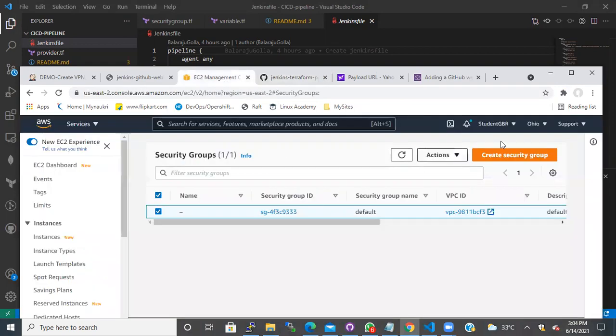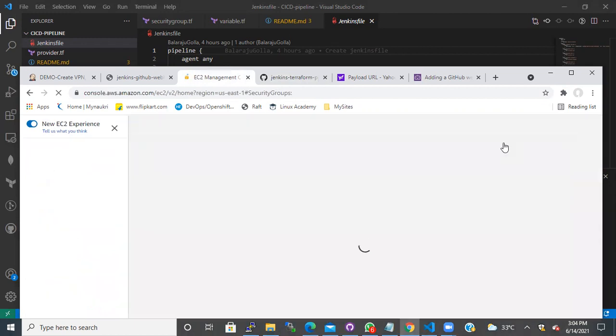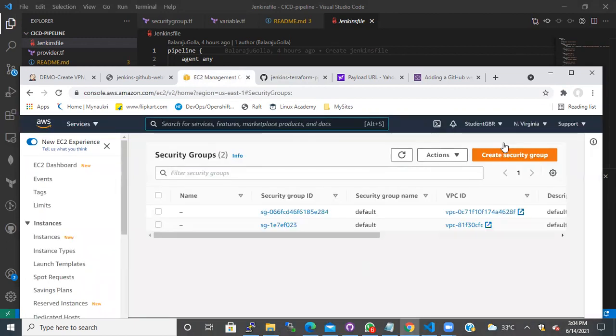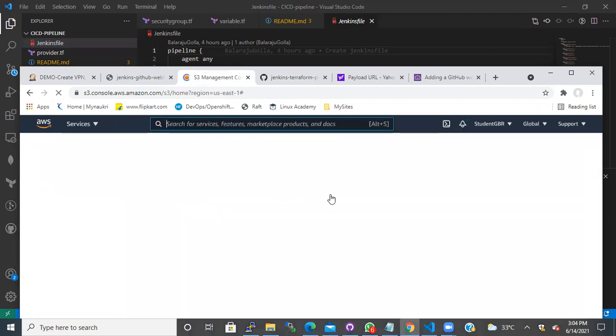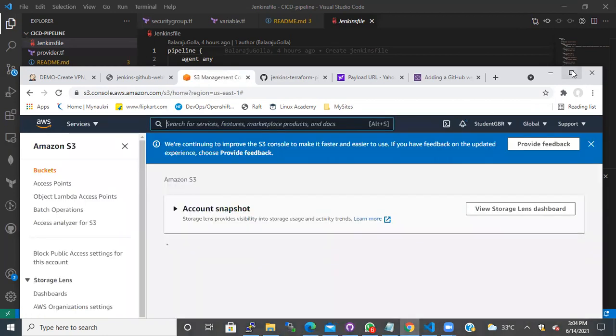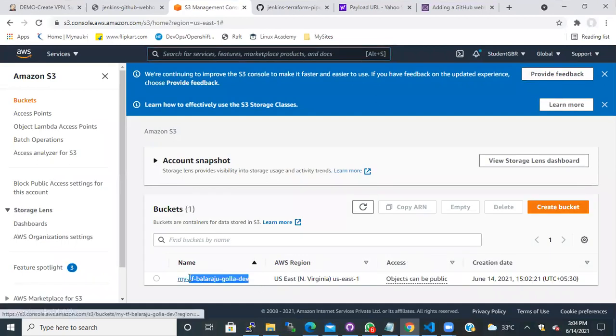US East 1. S3 bucket. See, Balaraju Golla, it is part of our code and it is created on this date.